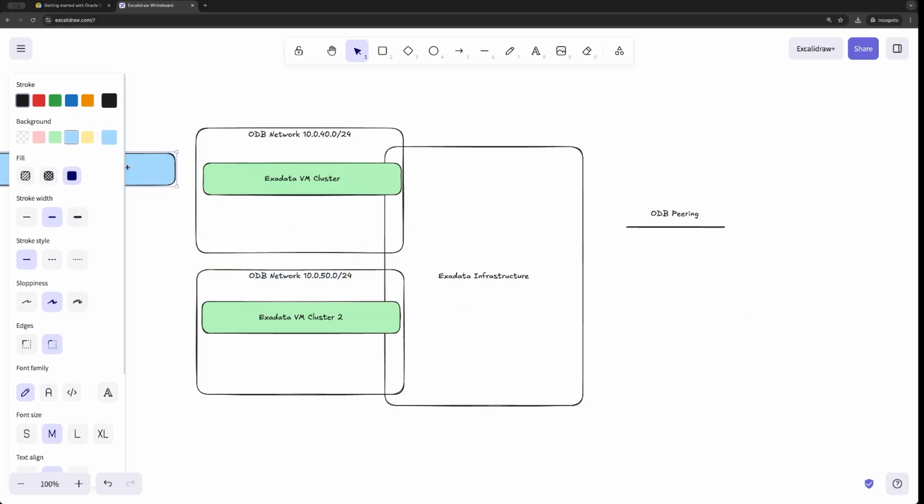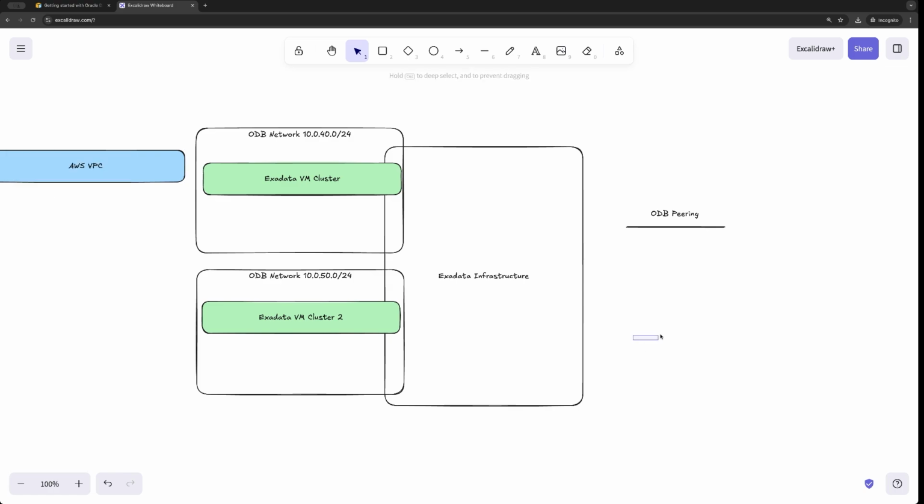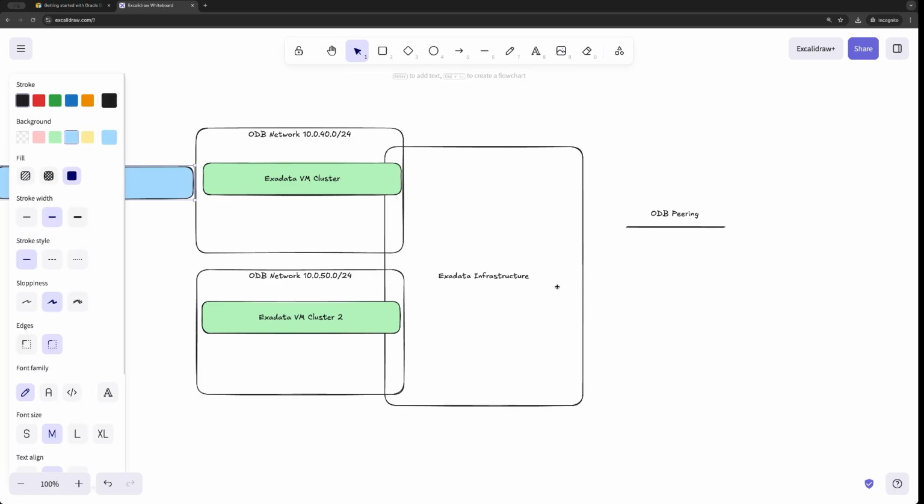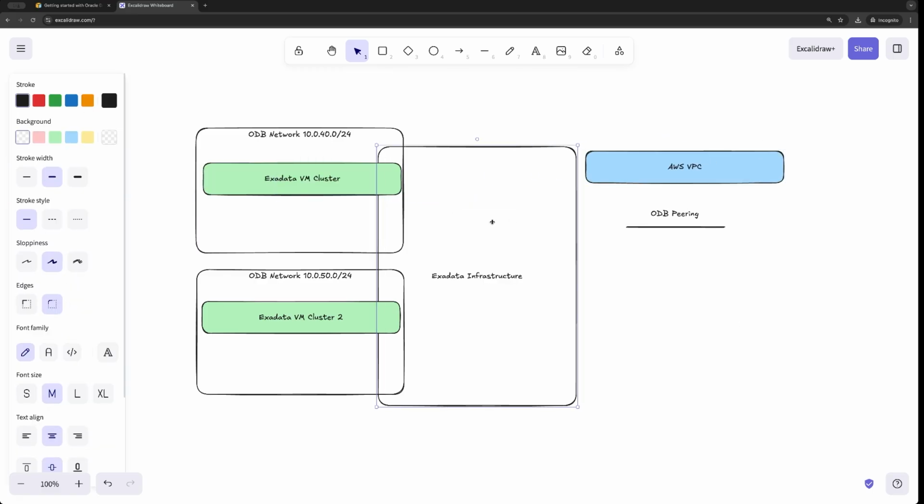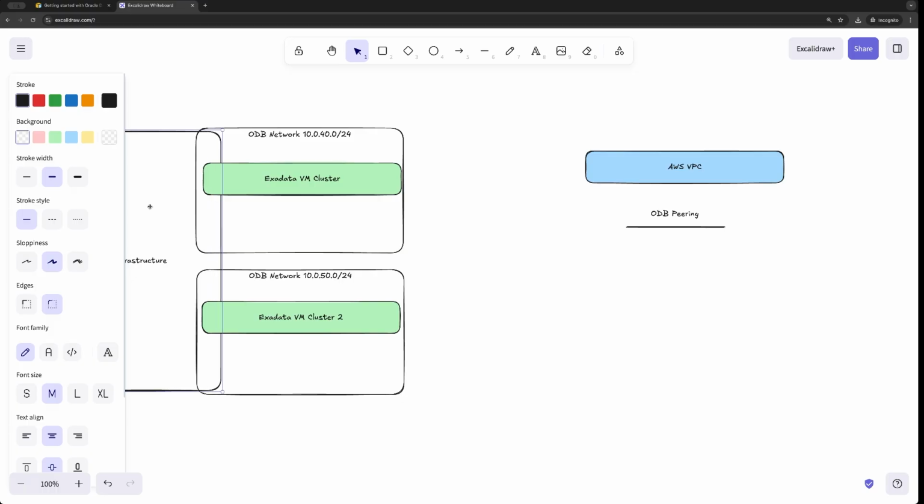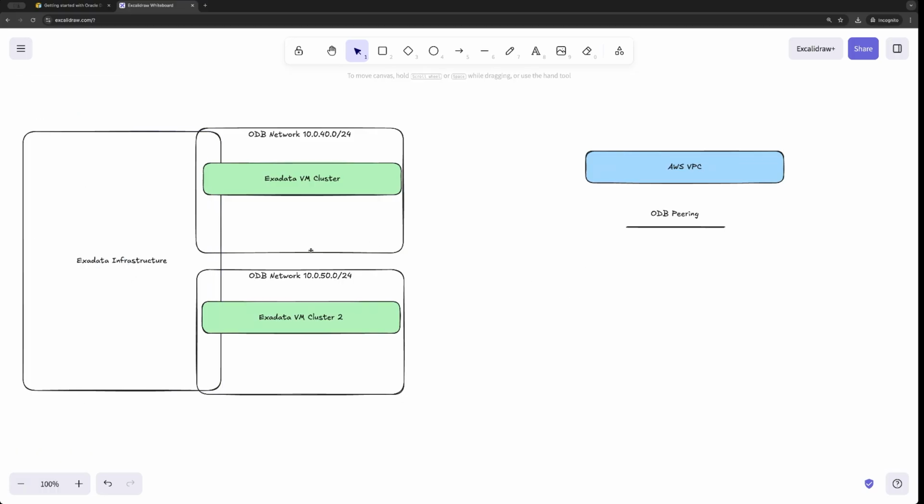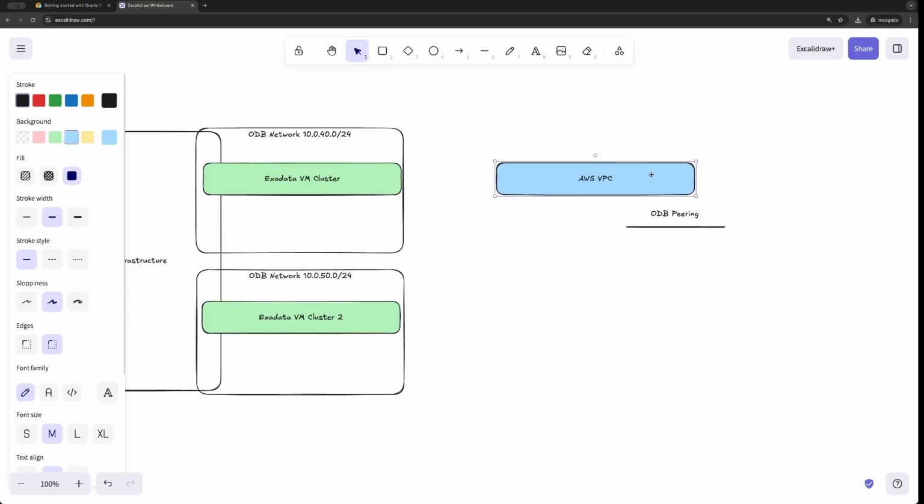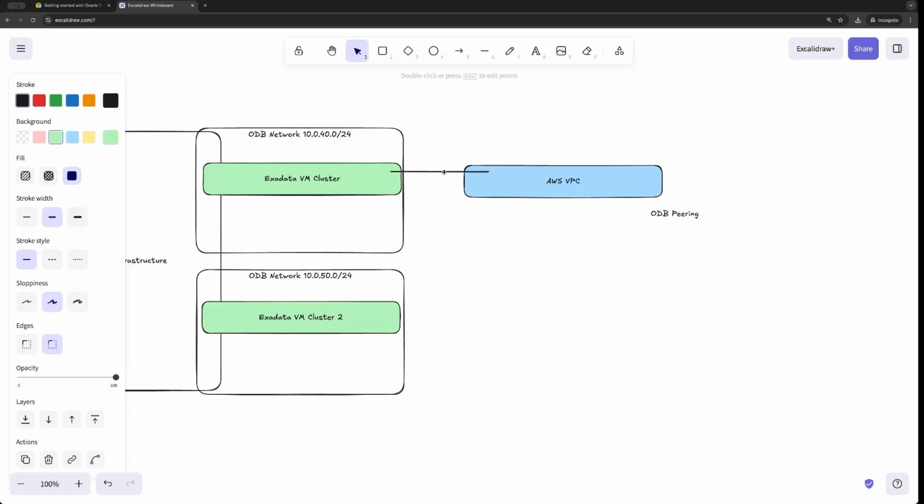VPC. So we can have a VPC here. Let's move this a little bit to the side, or actually let's do it this way so it's easier to visualize. So we'll put the infrastructure here, which is shared. So we own the whole infrastructure, but then we can share these VM clusters basically using the same infrastructure. And we'll have the AWS VPC here, and then we'll create this peering between the ODB network and